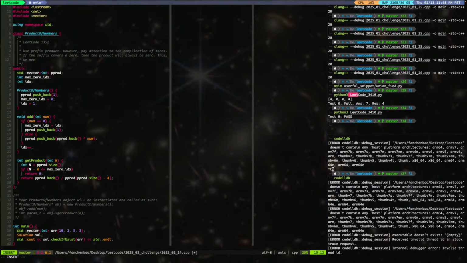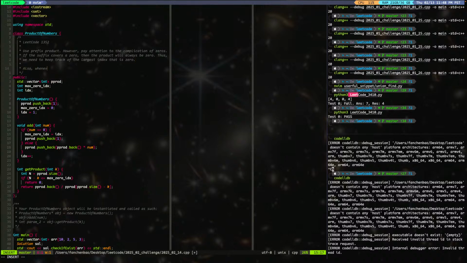Thus, we need to keep track of the largest index that is 0. Also, whenever we hit the 0, we assign the value 1 to the prefix product array.